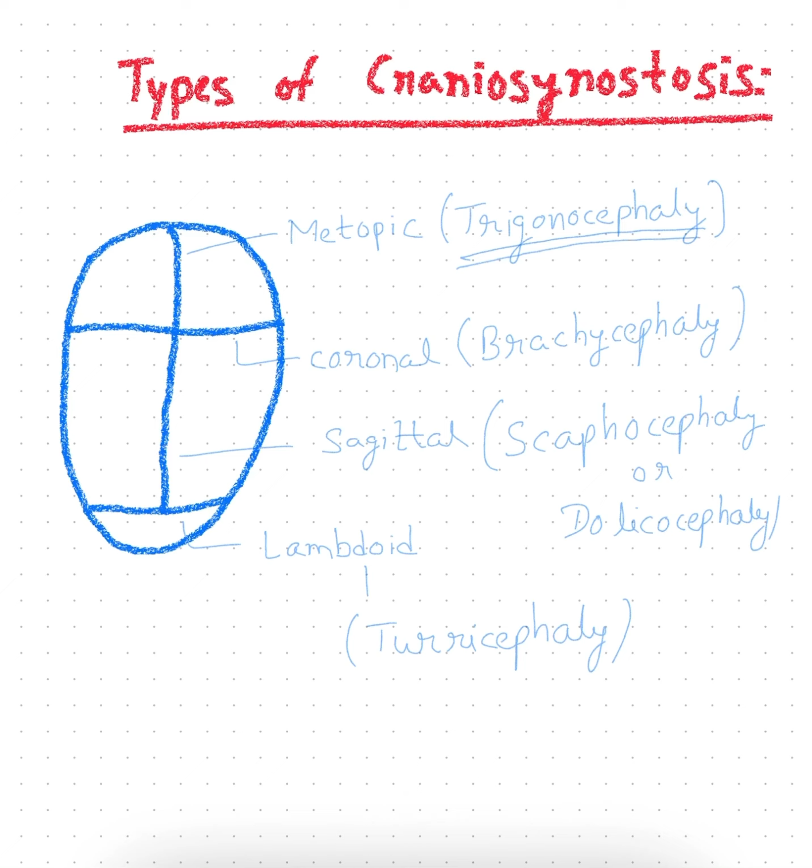As we discussed, in trigonocephaly there is premature fusion of the metopic suture. So there will be no growth in the direction perpendicular to this metopic suture. It will lead to closure of the orbit, which is known as hypotelorism, and underdeveloped ethmoidal sinuses. Similarly, the medial part of the orbit will slant upward. So these are the main features of trigonocephaly.